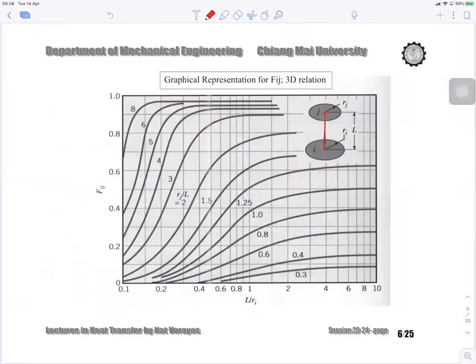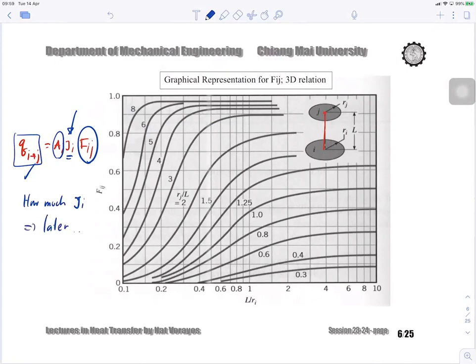So once again, if you want to find Qij, which is AiJi and Fij, now by having this graphic representation and also the closed form solution, you know Fij. All you have to do is to find J and multiply by I, and then you're going to get this one. The problem is still there: how much is Ji? So later,